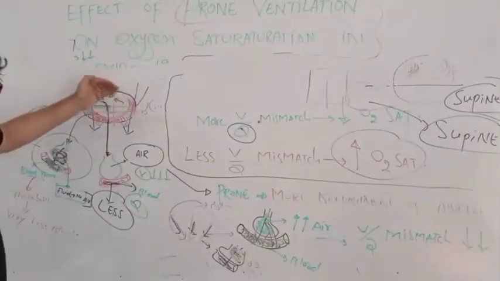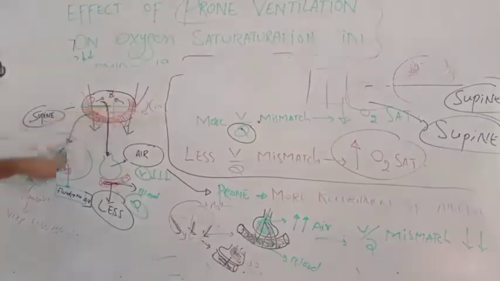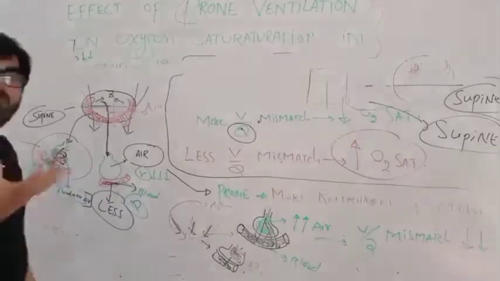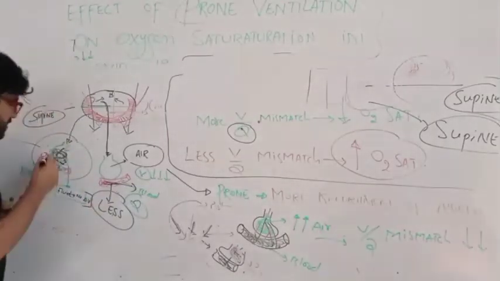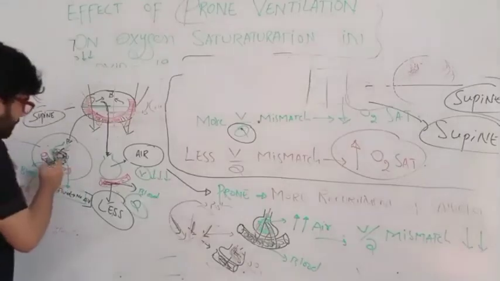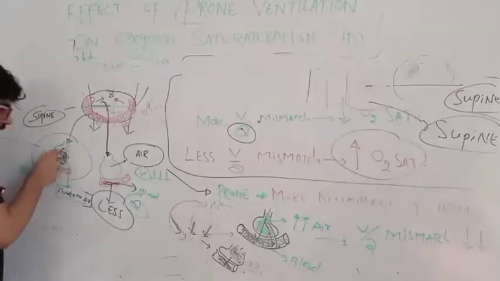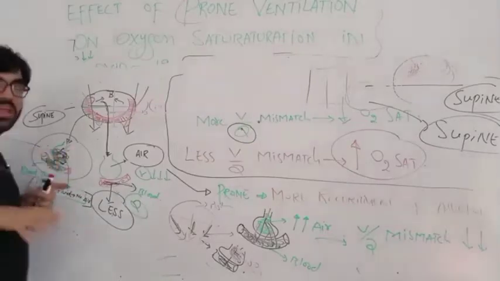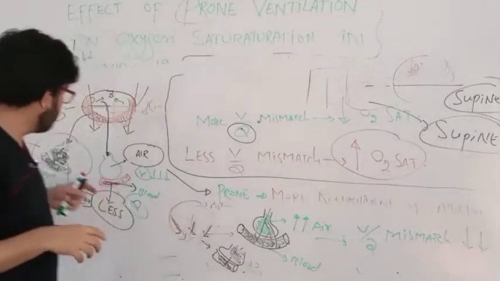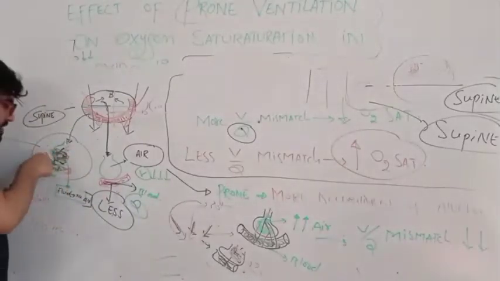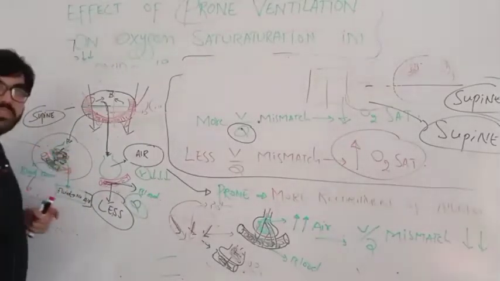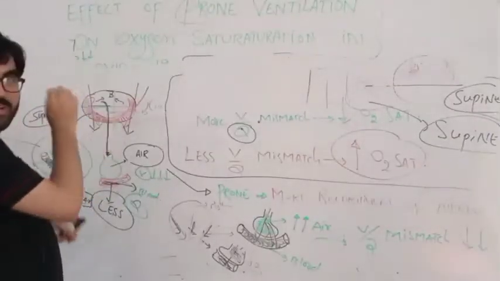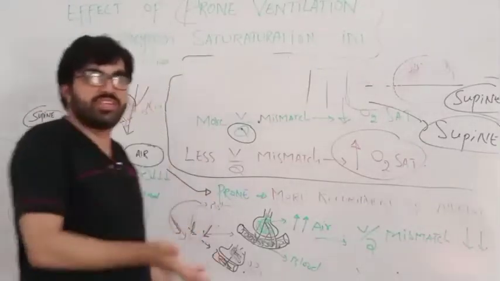If all the blood is coming toward the posterior portion, in the posterior portion there is a large amount of blood, but the alveoli are infected. The alveoli have infectious material. So virtually we can say there is no air coming toward the infected alveoli. So whatever the amount of blood comes to these infected alveoli, do you think these alveoli can saturate this blood in the blood vessel? No, because the oxygen cannot cross that barrier. Whatever the amount of blood is there, it is not going to be oxygenated by these